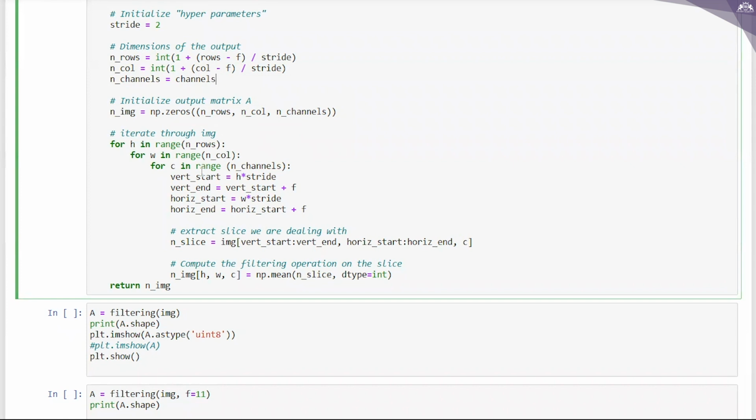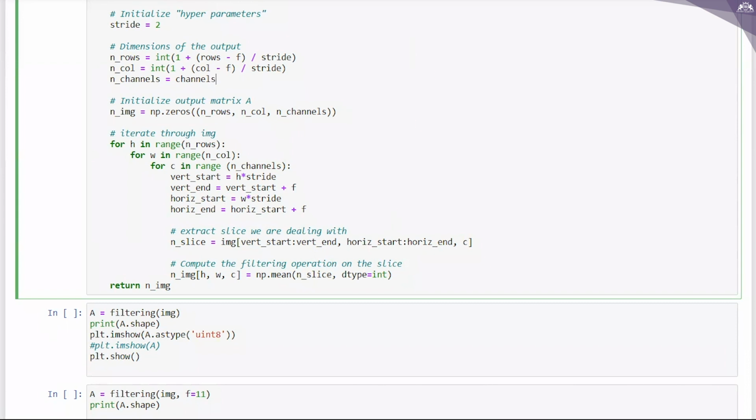I'm creating a loop over here: for h in range n_rows, for w in range n_col, for c in range n_channels, and then I'm writing h times stride as vert_start, plus f, and this is w times stride, and so on. Now we are extracting the slice that we are dealing with, and then computing the filtering operation on the slice. So this part we have done now.